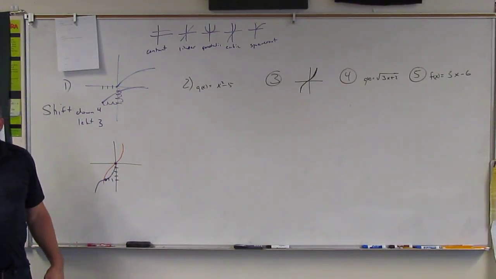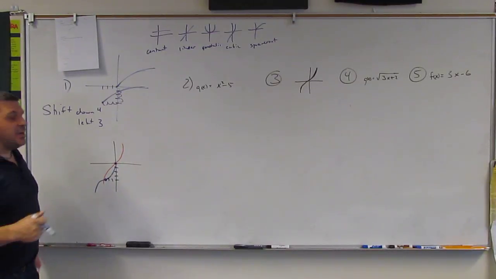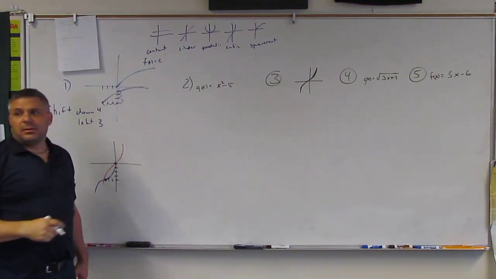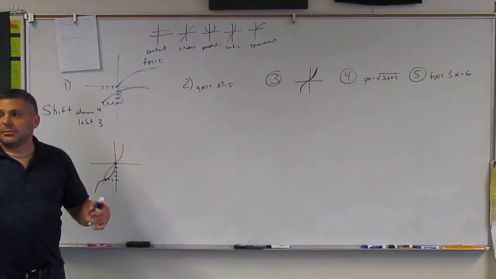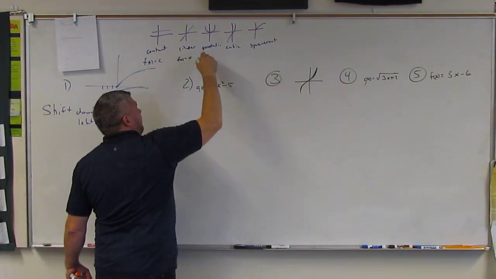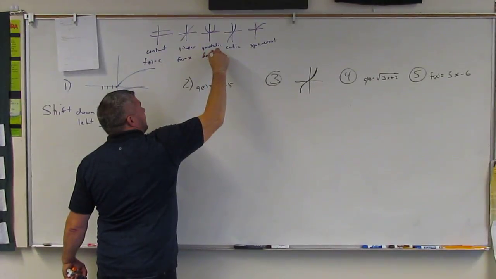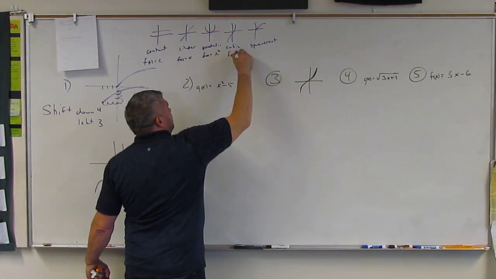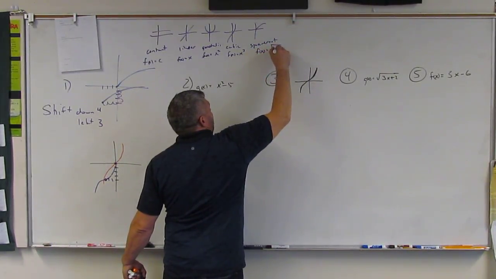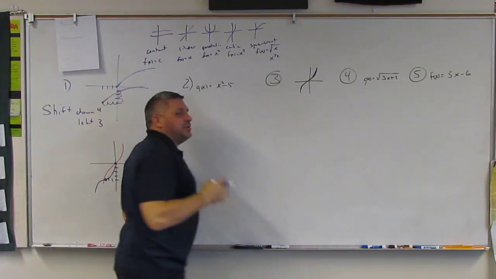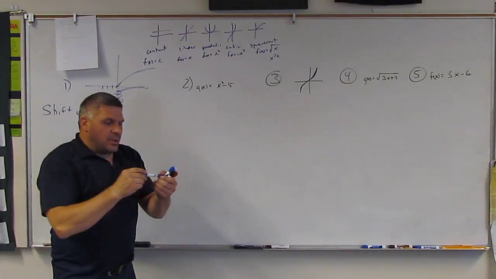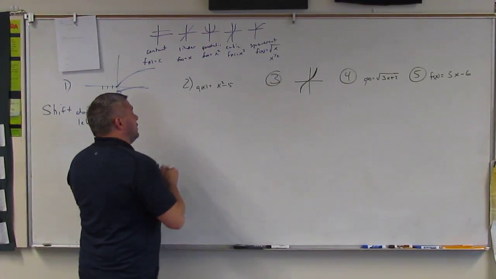Okay? And so then, you tell me what f of x is. F of x is equal to a number, right? Or c. There's no x. F of x is equal to x. F of x is equal to x squared. F of x is equal to x cubed. F of x is equal to square root x or x to the 1/2. Either one. Right? And so you just start looking at it and you go, oh, the highest exponent is a